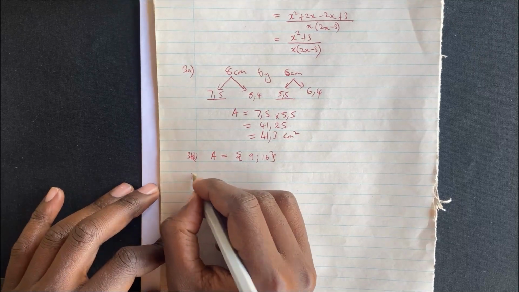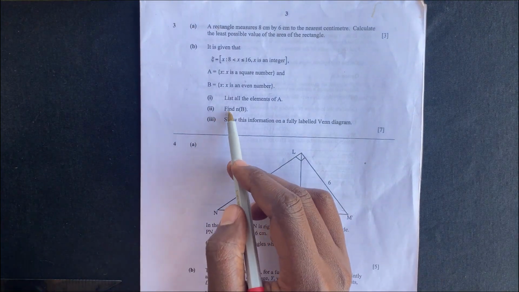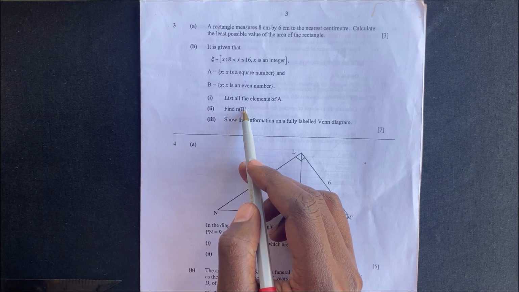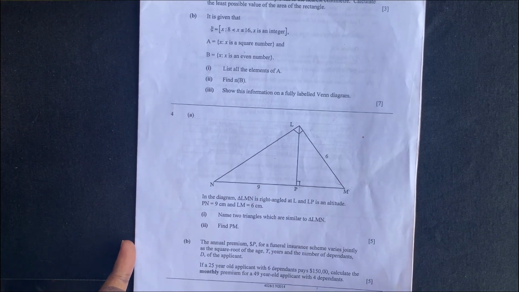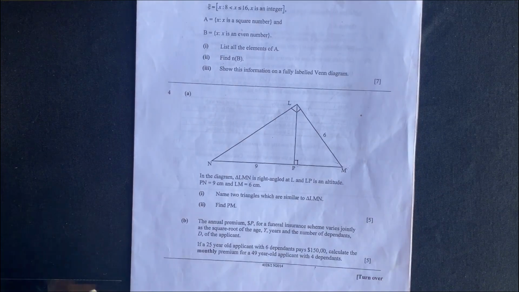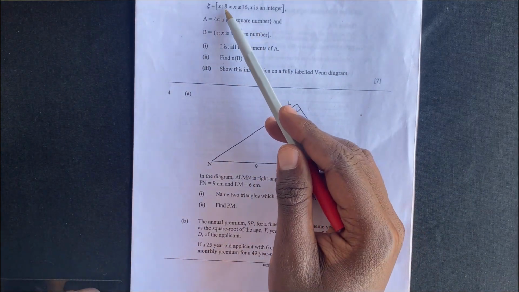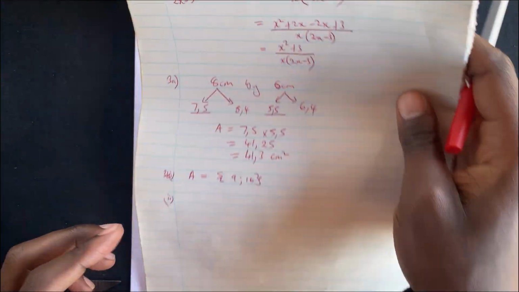Item 2 reads, find the number of elements in B. So for us to find the number of elements in set B, we first of all need to list the elements which are in set B. So B is a set of even numbers from the range 9 to 16. So our set B